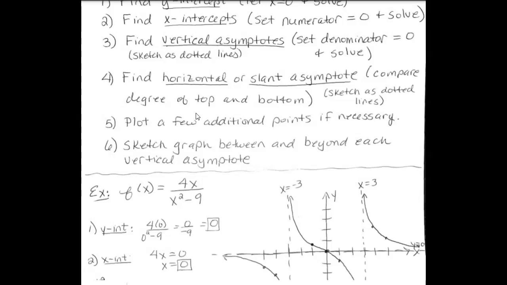Step 4, find the horizontal or the slant asymptote. That's where we compare degree of top and bottom. We're going to sketch those also as dotted lines on the graph. Step 5, plot a few additional points if necessary. In my math lab, they'll set up a table for you and they'll give you the x's that you're supposed to plug in, and you'll just fill in the boxes from the table. And then step 6 is to sketch the graph between and beyond each vertical asymptote. So basically your vertical asymptotes